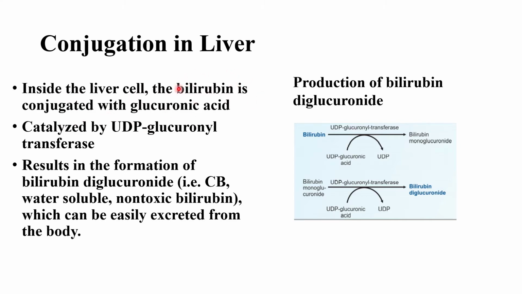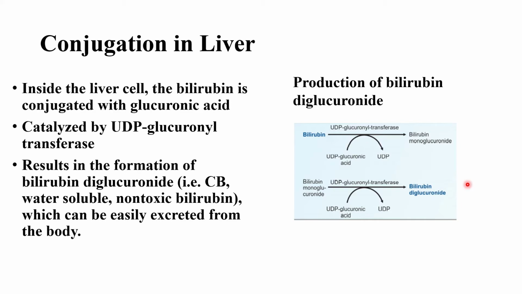Up till now we are talking about unconjugated bilirubin, which is insoluble in water, toxic, and has to be removed from the body because it is creating toxicity. Now in the liver, after bilirubin binds with the albumin and the albumin bilirubin complex is formed, conjugation takes place. The bilirubin is conjugated with glucuronic acid. This is a substance that is produced in our body, and bilirubin conjugates with this moiety, glucuronic acid, in presence of an enzyme UDP glucuronyl transferase, and this results in the formation of mono and diglucuronides.